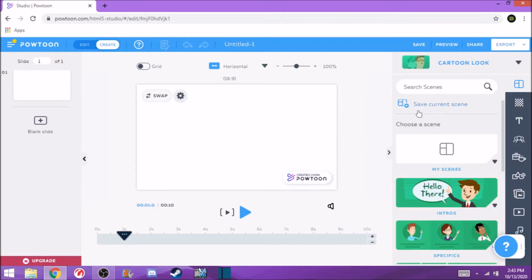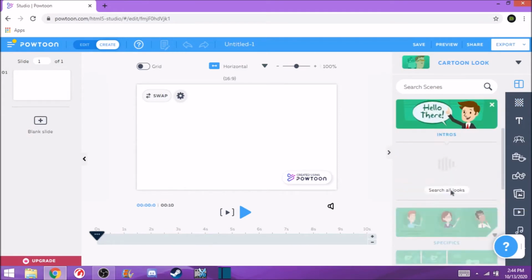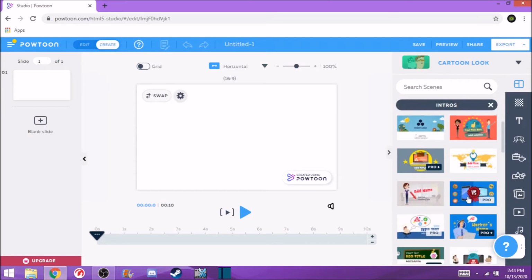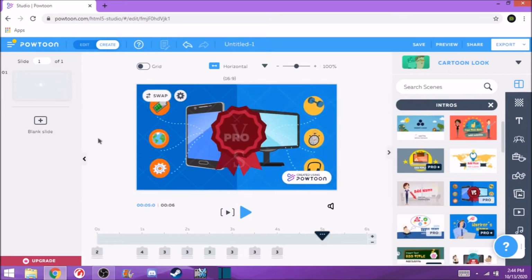You can probably go and watch another video about how to remove a watermark easily for free, but if you're doing it for free, then you're going to have that watermark there. Also, at the end of your animated video, it's going to have a little thing, but I'll show you how to take that off. So now you can see they have intros, so they can do your own intros and stuff. So if we just select this one, then it will pull it up, and then if we watch it,